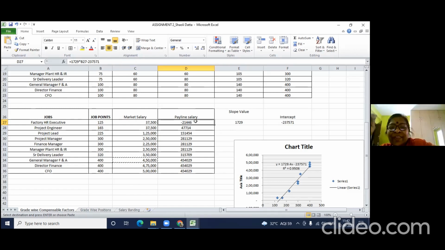Or for example, we will give 5 lakhs to CFO, we will give 4 lakhs to CFO. Oh my God, they'll be so happy, right? It's not going to happen like that. What are you going to do? Compare job descriptions and then get the real market data. Are you with me?